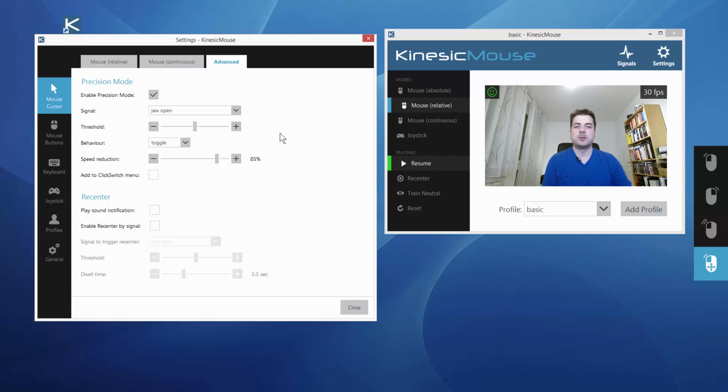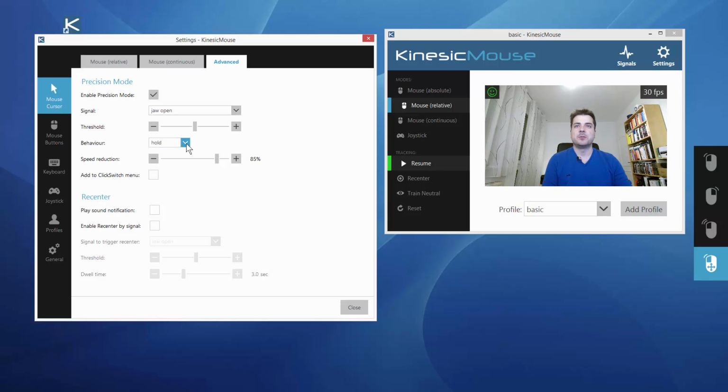Of course there is the threshold, as with every action trigger. And then I can also set a behavior. If I want to toggle the precision mode so I can do another gesture with my mouth, I choose toggle. If I want, for example, to hold this expression for a certain time, I can also choose the hold option.